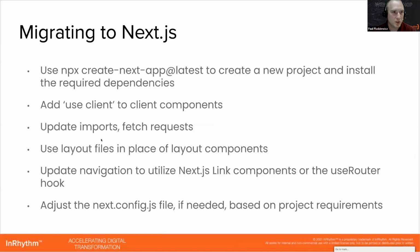Okay, so migrating to Next.js, let's assume we have a React single page application. You're going to use this npx command to create the new application. You're going to make sure you install the required dependencies so that they're the same between the projects, but now you want to start creating your routes like you had with your other project. So you'll do what we just talked about, creating a directory, making sure you have a